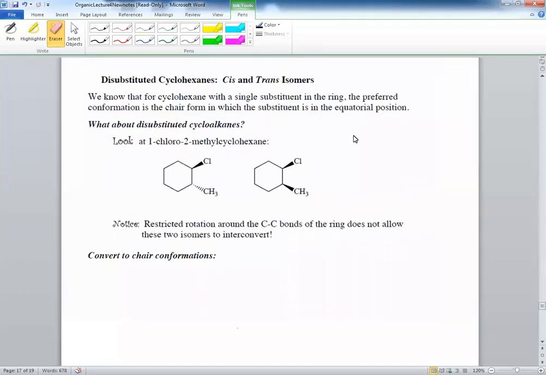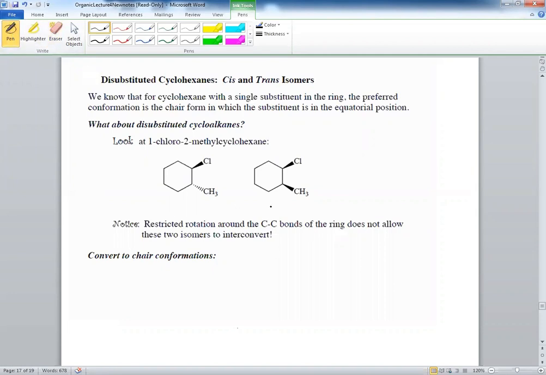Disubstituted cyclohexanes, cis and trans. We've discussed cis and trans, and we talked about how trans means those substituents are on opposite sides of the ring, and if they're on the same side of the ring, they would be called cis. So if you could imagine which of these would be on opposite sides,